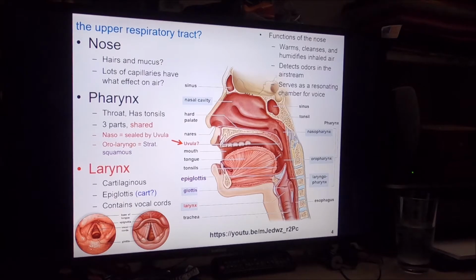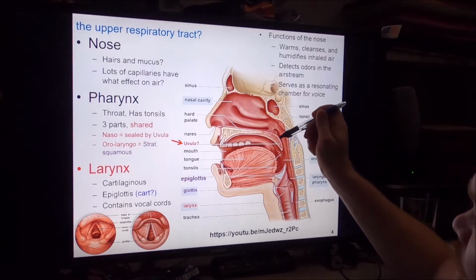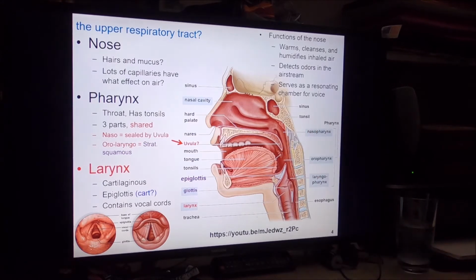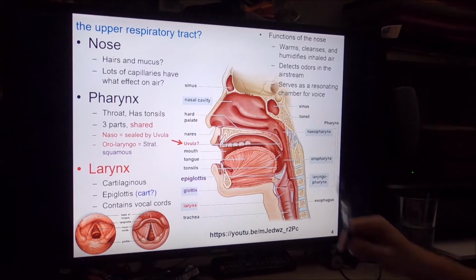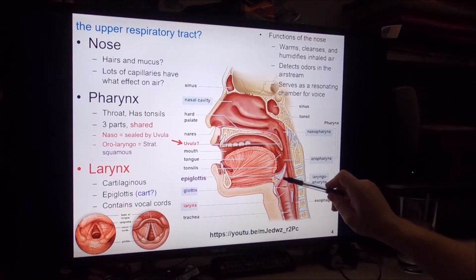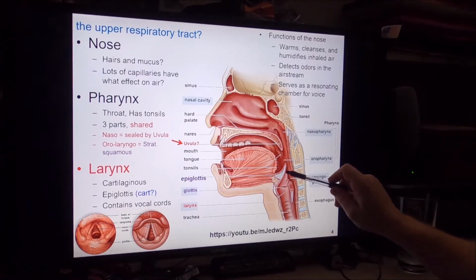And I'll point this out too. You probably are aware that you can look in the back of your throat and see a little thing dangling down. It's called your uvula, okay, the uvula. And this is part and parcel with your soft palate in the back of the throat. And what will happen is when you swallow, a few things take place. One, when you swallow, your epiglottis, which is a little